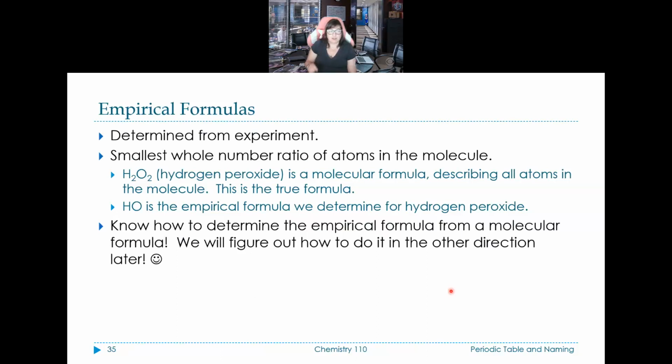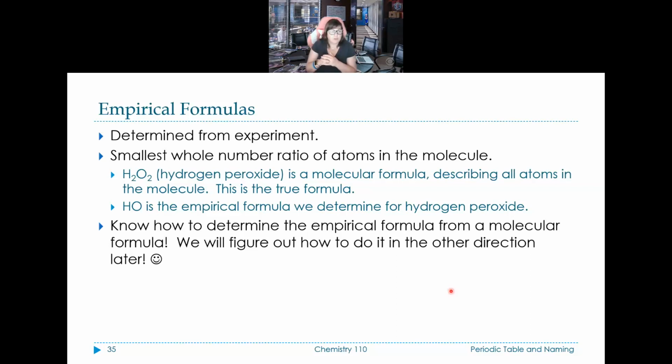Empirical formulas. We talked about these. These are determined from experiment. It is the smallest whole number ratio of atoms in the molecule. We talked about H2O2, hydrogen peroxide, is a molecular formula describing all atoms in the molecule. This is the true formula. HO is the empirical formula. When we do an experimental determination on hydrogen peroxide, we'll find that the ratio of H to O is